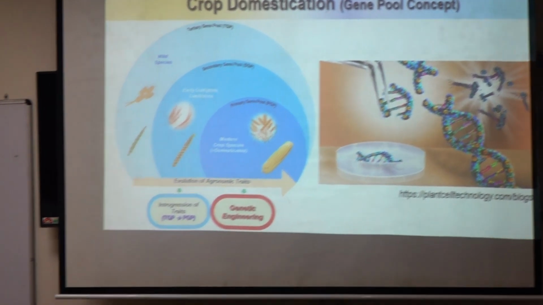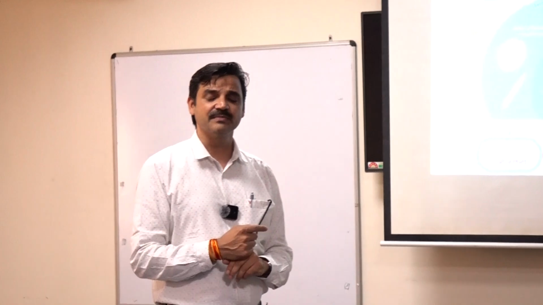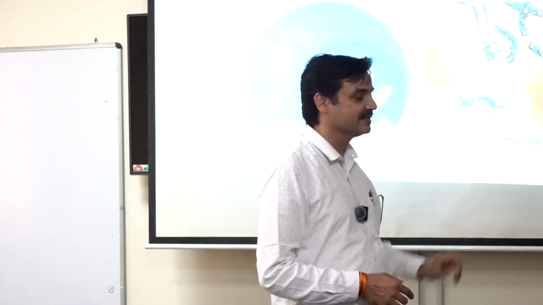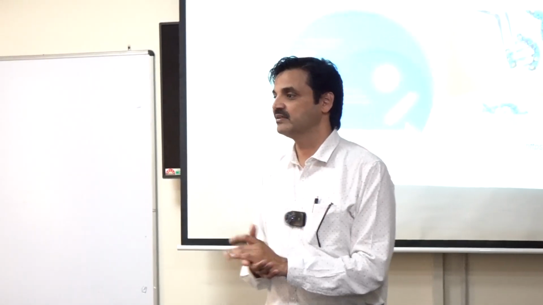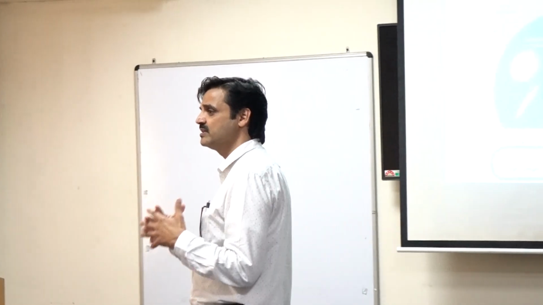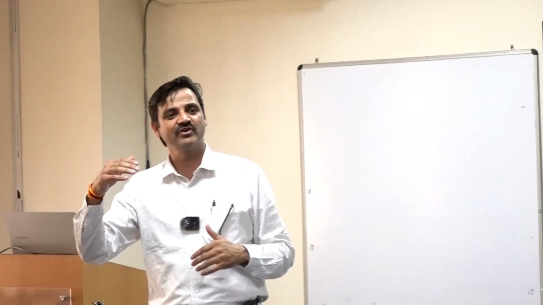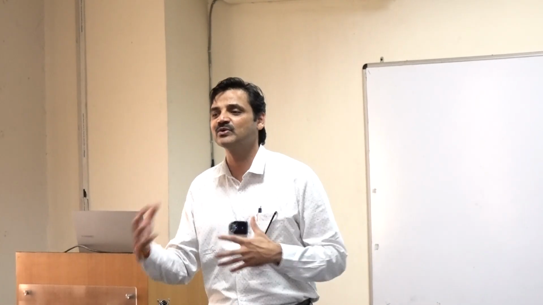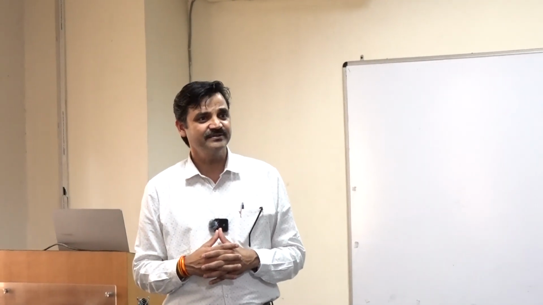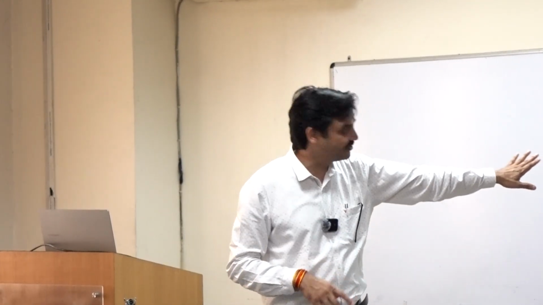To fasten the process, because it takes time, we have certain genetic engineering approaches available these days. This is just a typical picture where you can manipulate DNA. Genes are responsible for every trait. If you need resistance against rust or increased production, there are genes for rust resistance, genes for plant height, genes for number of seeds. We can manipulate those genes precisely, and that can give you enhanced production. So I'm adding another aspect along with the classical breeding we used for the green revolution and the introgression scheme: the genetic engineering aspect.